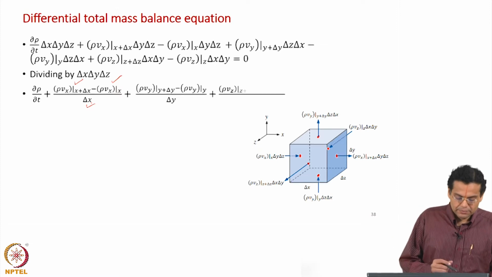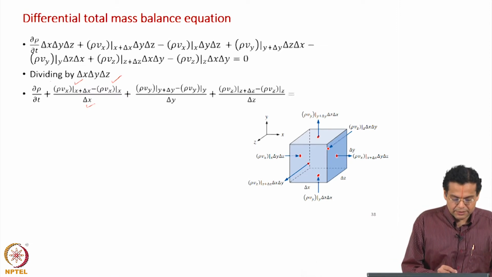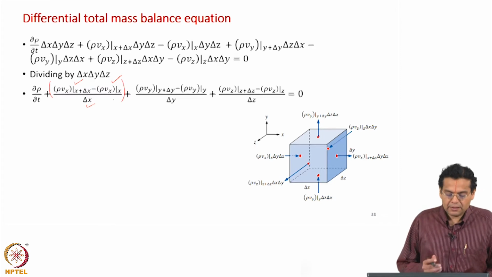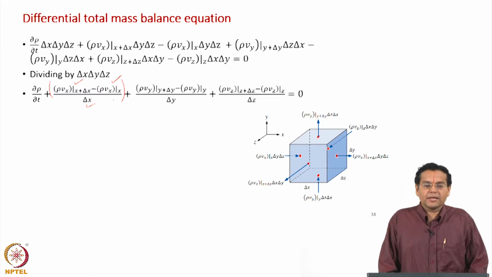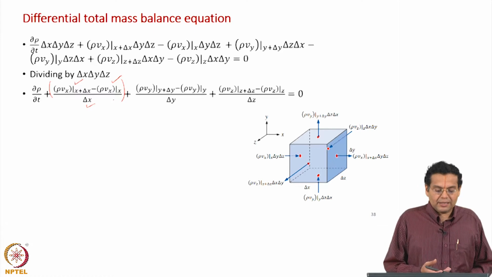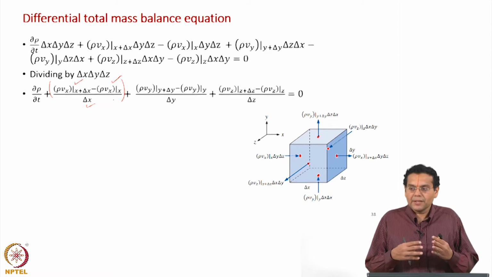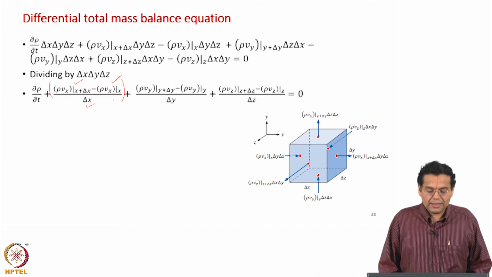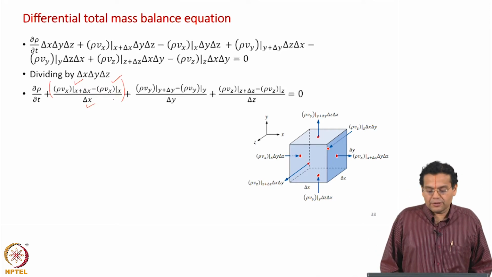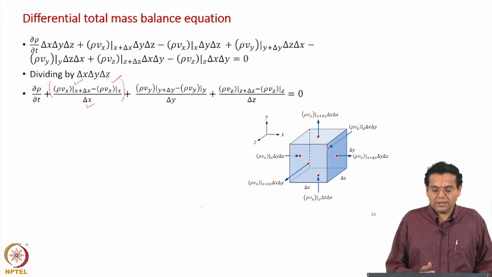Okay. If you look at this term alone, that term represents the net rate of mass flow leaving the control volume in the x direction. That is the significance of that. I tell you this because you will see how this term gets simplified, so that when you look at this term, that is what should come to your mind. It tells you the net rate of mass flow leaving the control volume in the x direction, and then that is per unit volume. It is not just mass flow rate.